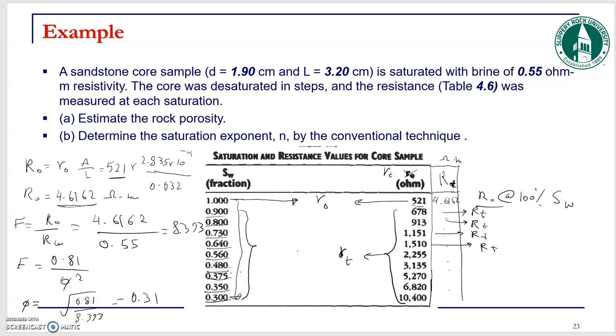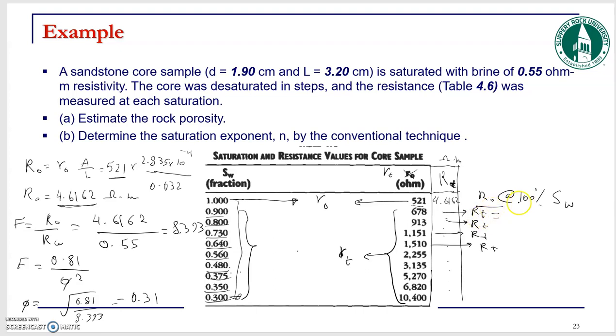The next step is to calculate the saturation exponent n. It mentions by conventional technique, which means that you have a couple of data points and you want to use those data points to calculate your saturation exponent, right? So one thing you need to do is to calculate RT for all these data points. Okay, so for example, for this data point, RT is